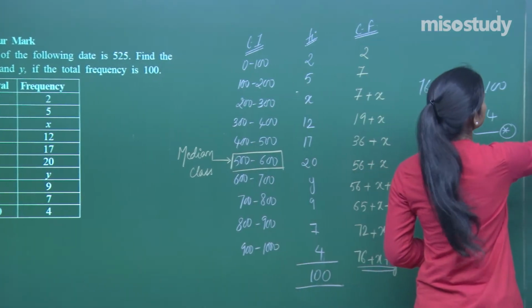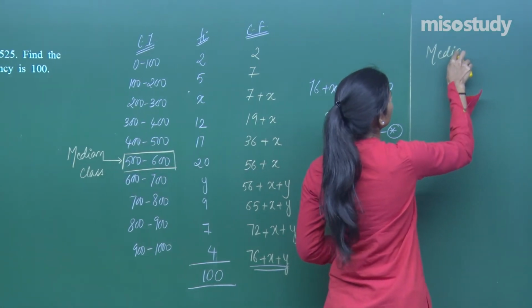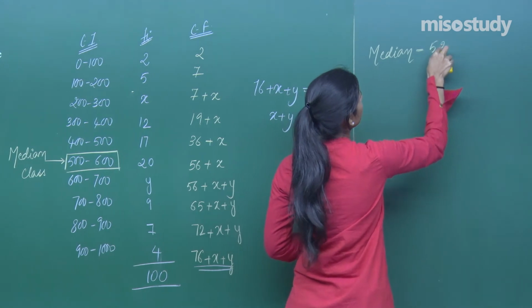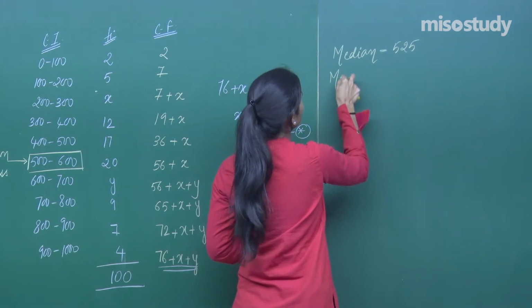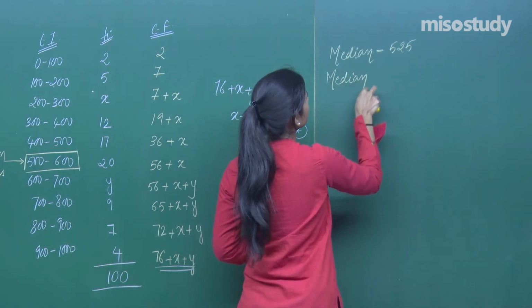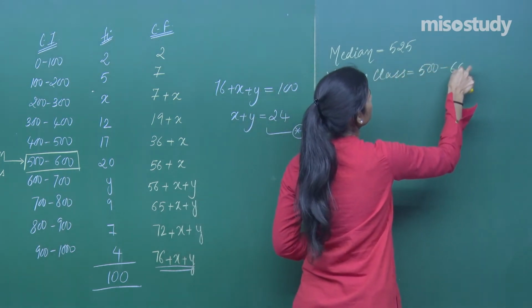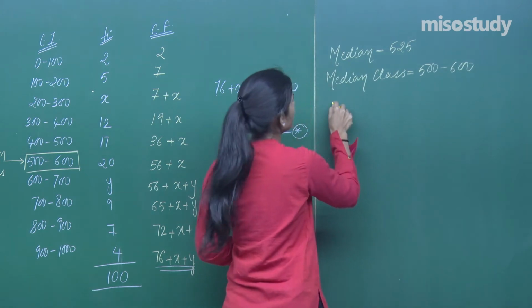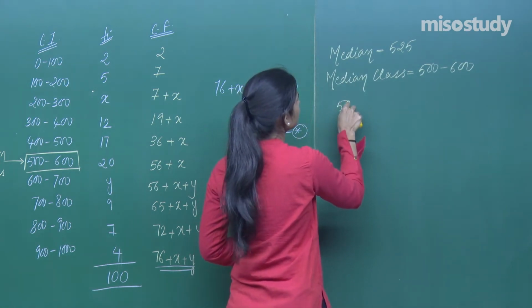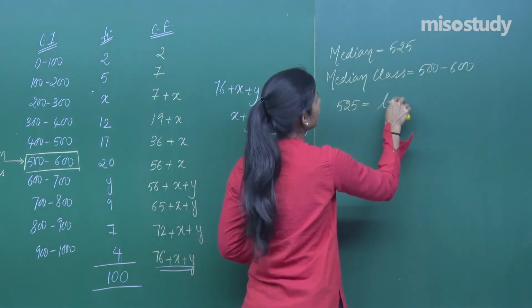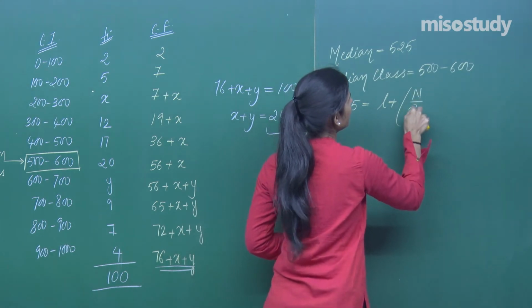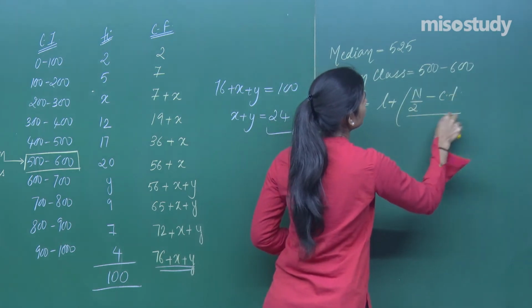So, median is given to you as 525. So, median class is 500 to 600. So, therefore, your median, which is given by L plus n by 2 minus Cf whole